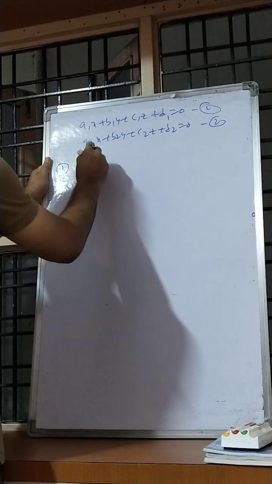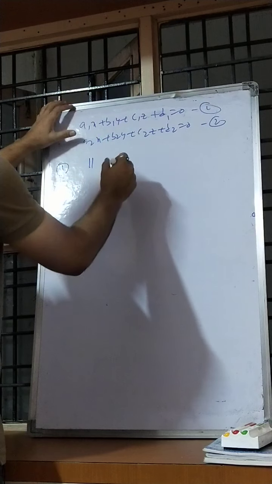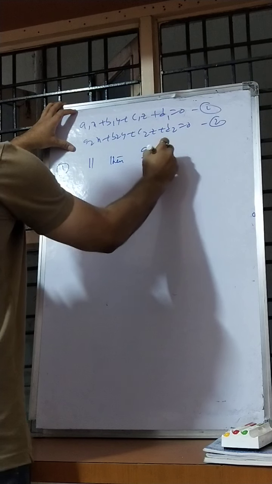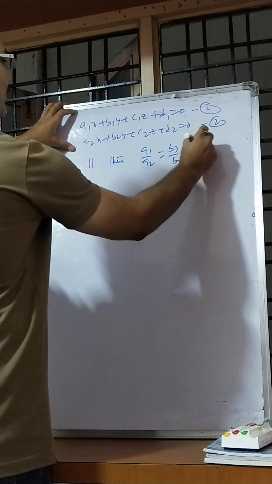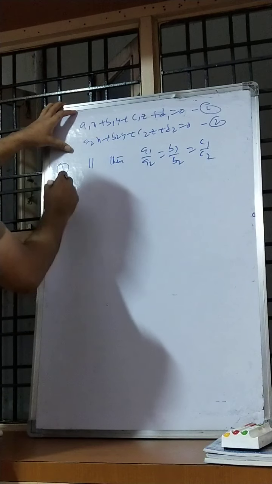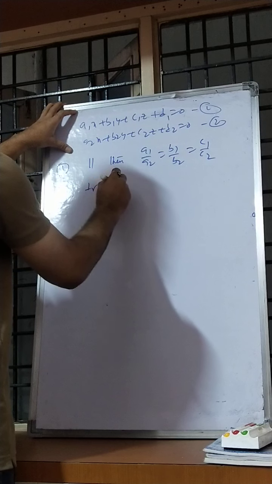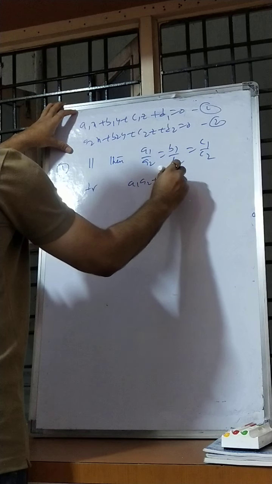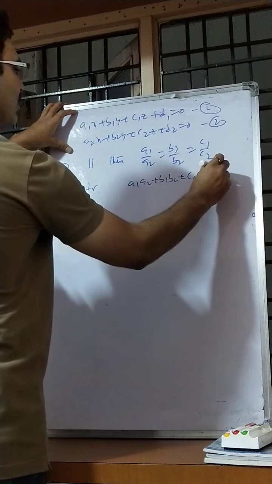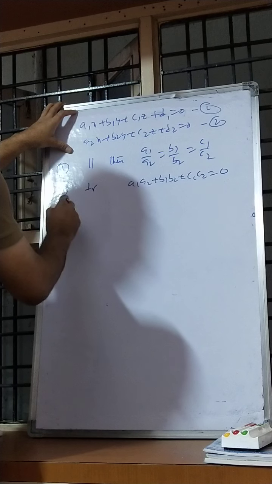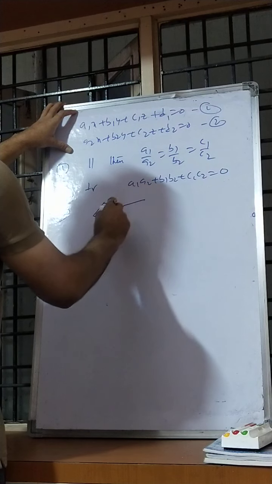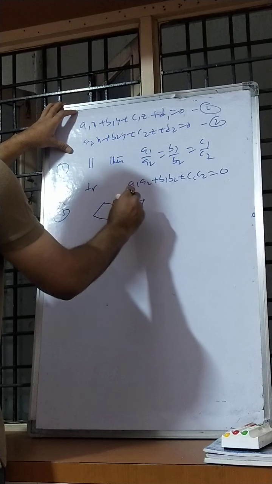If they are parallel, then what is the condition? a1/a2 = b1/b2 = c1/c2. The second one: if they are perpendicular, then the condition is a1a2 + b1b2 + c1c2 = 0. Third condition: suppose planes are given like this, in a rough diagram, this is a normal